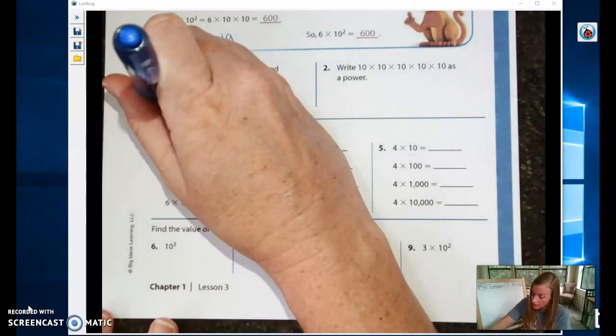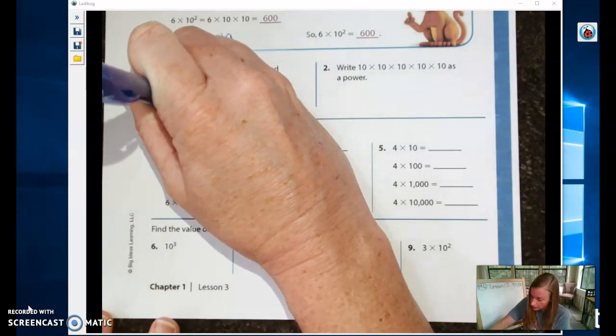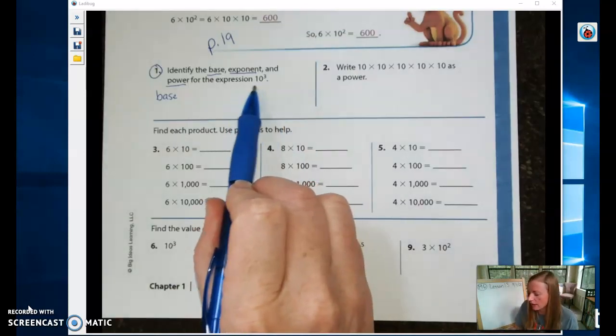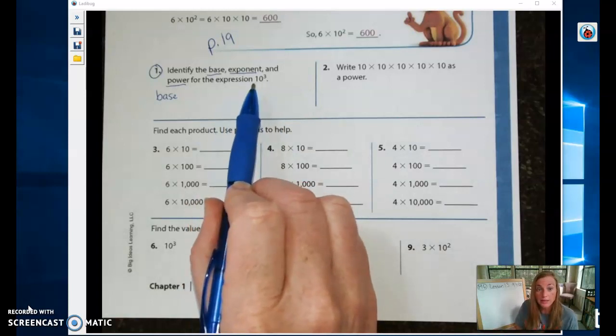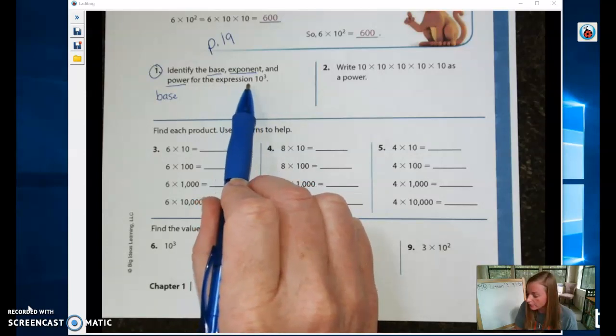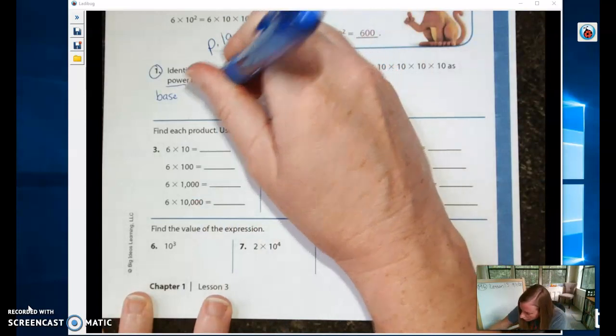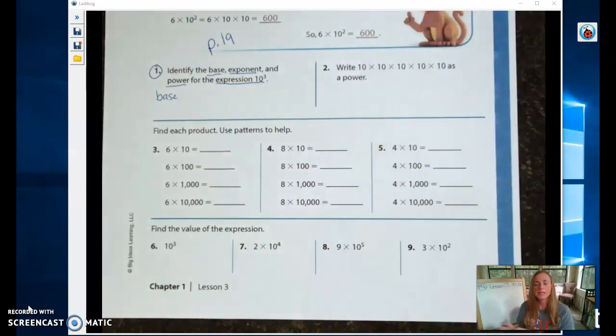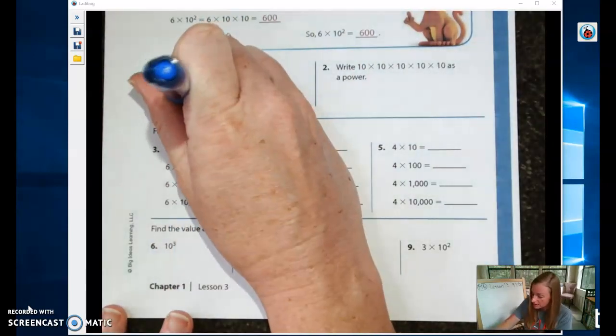So we're going to set up a little answer spot for ourselves. The base is whatever number is in larger type, the number that's touching the same line that the words are on. In this case, the base is 10. As you can see, that 10 is a larger type there, and if we draw a line going from expression over to 10, you can see that 10 is right there on that same line. So our base is 10,